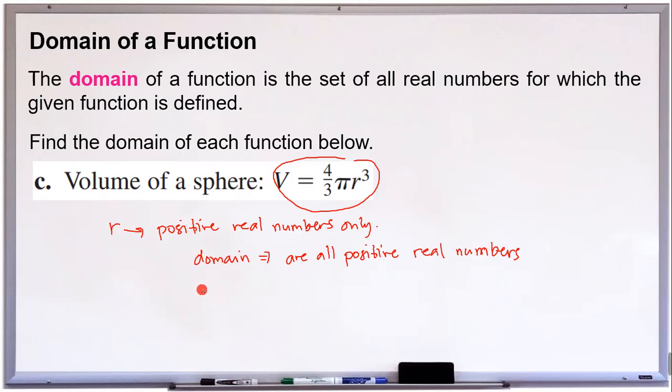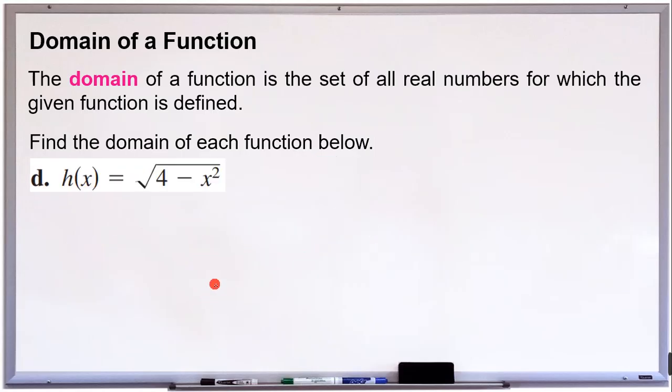Okay, so that's it. R must be a positive real number. Finally, we have h of x is equal to the square root of 4 minus x squared. So for